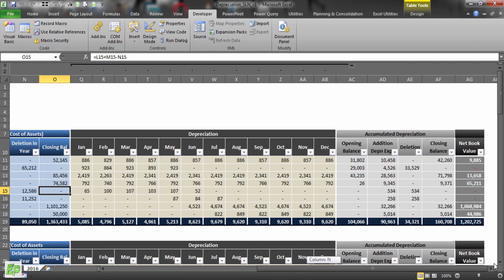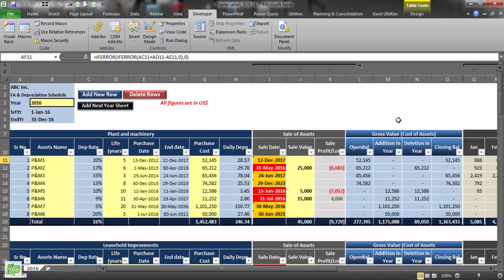In the block of accumulated depreciation, the scenario is the same. So this particular balance in column AF should be carried forward as the opening balance. This model takes care of that as well by using a UDF, user defined function, which you can see here as previous year sheet. The code of which will be available in your VBA module for this particular sheet. Now I will show you this particular formula in action and how these balances are carried forward in the next year by adding a new year sheet.